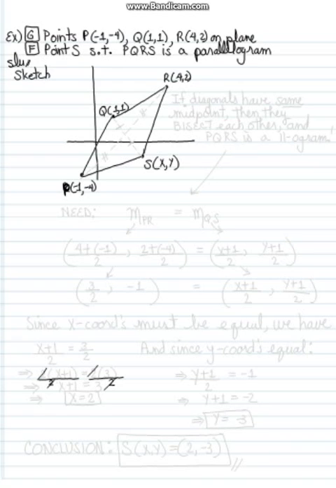Here we're given 3 points, P, Q, and R. They have the ordered pairs (x, y) equal to (-1, -4) for P, (1, 1) for Q, and (4, 2) for R. And they live on a flat plane. Now, you're asked to find another point S, which will be represented by the ordered pair (x, y), such that when